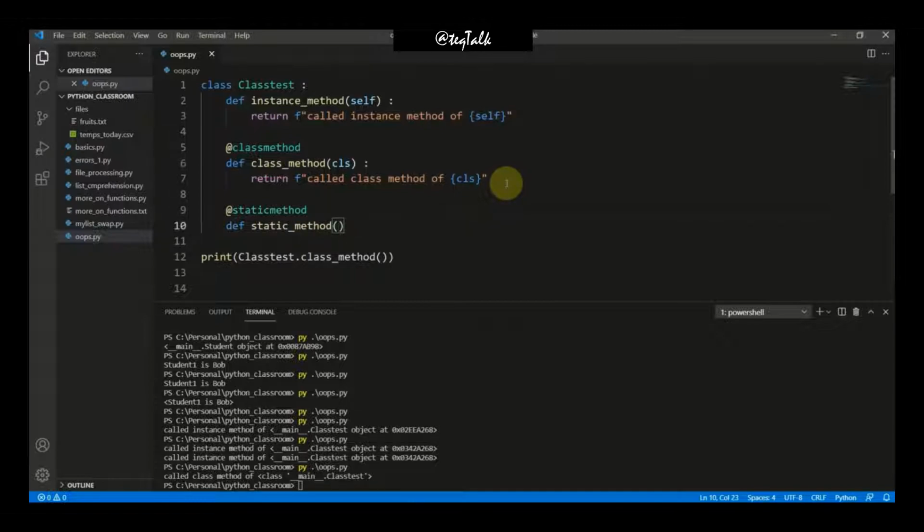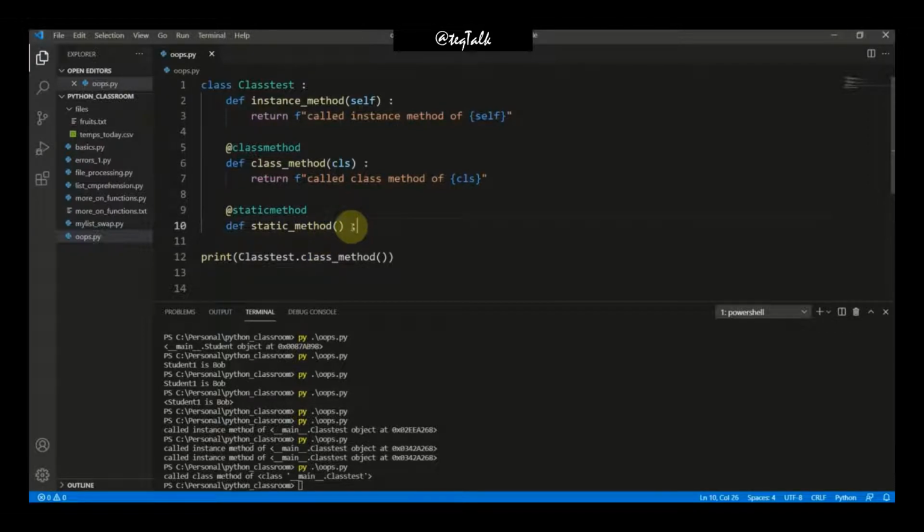So what is the difference between the class method, static method and instance method? The instance method takes the object or the instance itself as the first argument. The class method takes the class itself as the first argument, and the static method doesn't take anything as its argument.